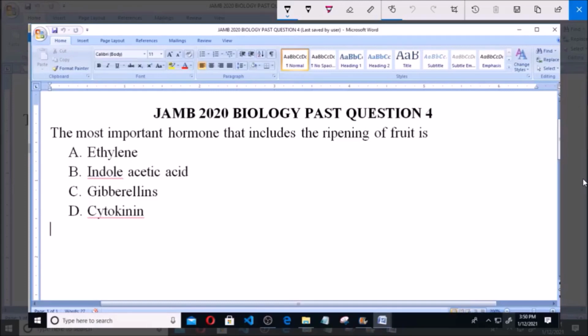I'll be answering Jamb 2020 Biology Past Question 4. The most important hormone that induces the ripening of fruits is A. Ethylene, B. Indole acetic acid, C. Gibberellins, and D. Cytokinins. Now all these listed here are very important hormones of plants, but each of these hormones has its